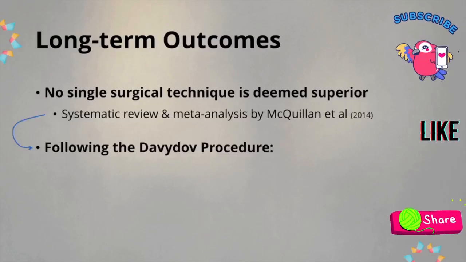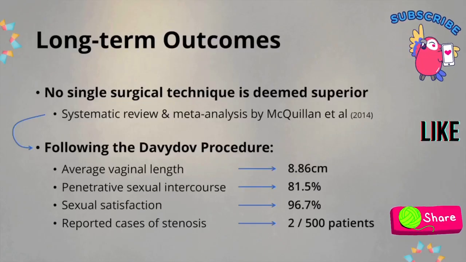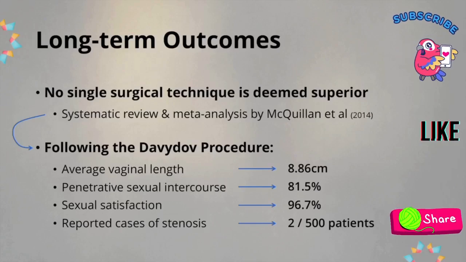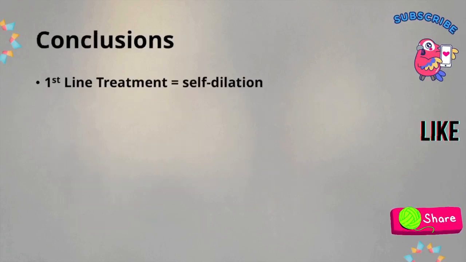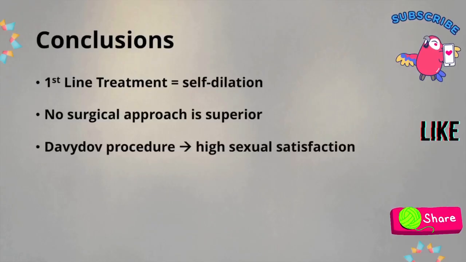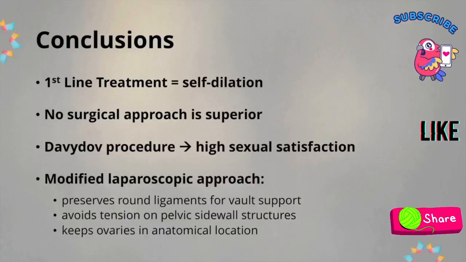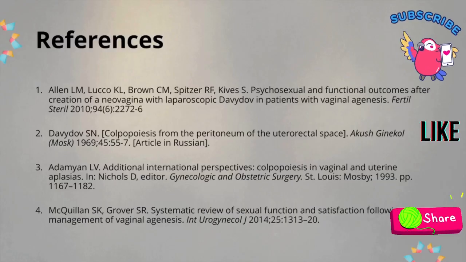A systematic review and meta-analysis concluded that no surgical technique was superior over another. Meta-analysis of 500 patients who underwent the Davydov procedure found high rates of sexual satisfaction while only 2 patients suffered from vaginal stenosis. In conclusion, first-line treatment for vaginal agenesis is self-dilation. Although no single technique is superior, the Davydov procedure results in high rates of sexual satisfaction. And the modified laparoscopic approach preserves the round ligaments for added support, avoids tension on pelvic sidewall structures, and preserves the